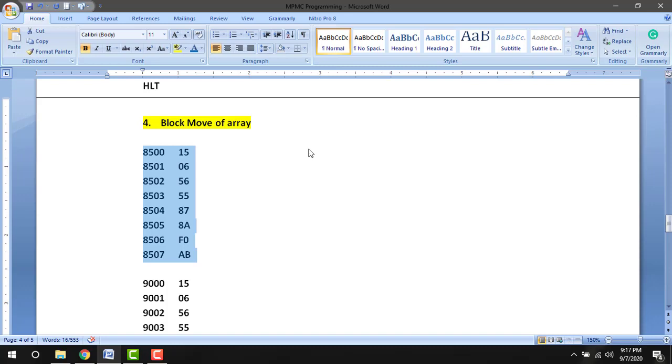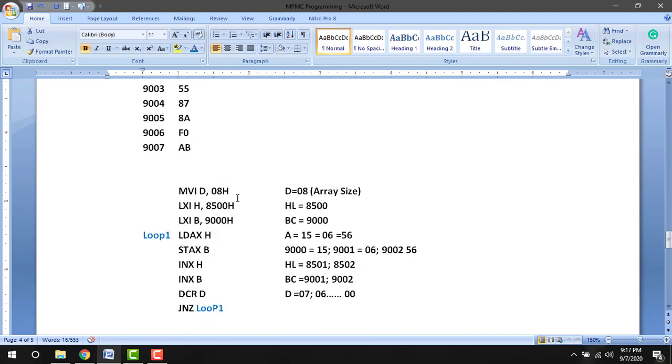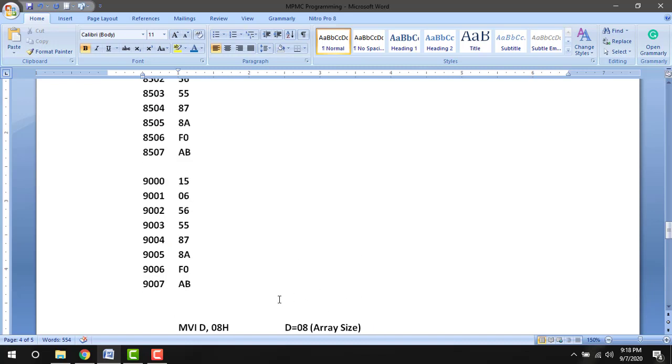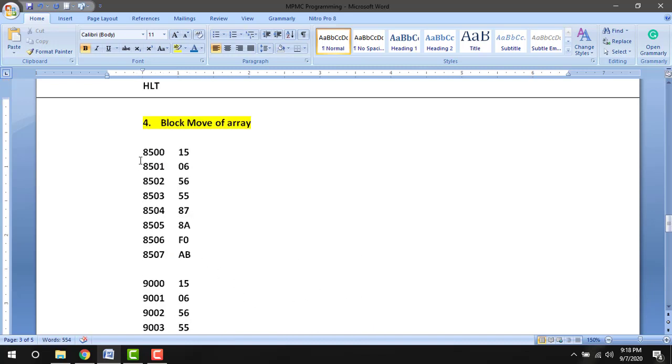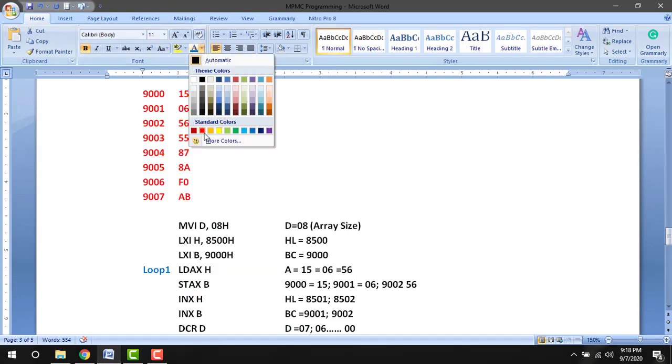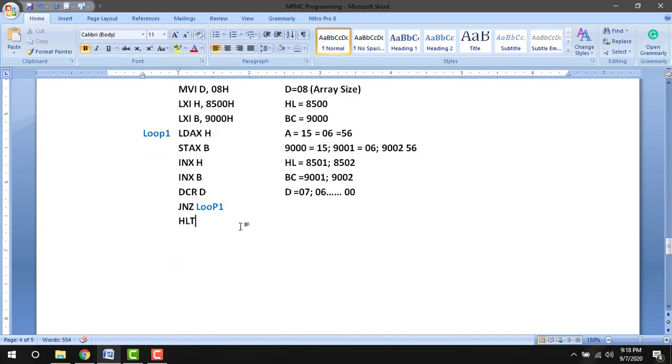A set of data from an array is moved from one location to another location. This is a simple program. After that, if D is 0, we are going to halt the program with HLT. So this is a simple program to move the array of data, or block move. Select this. So next, the final program is